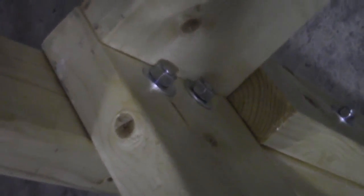Now that we've done that, we can go ahead and tighten up the nuts that hold the bolts and the legs to the box frame here, so it's nice and tight, and then we don't have any wobble at all in the bed. Now that the basic frame of the bed is all complete, it's time to put on the plywood,